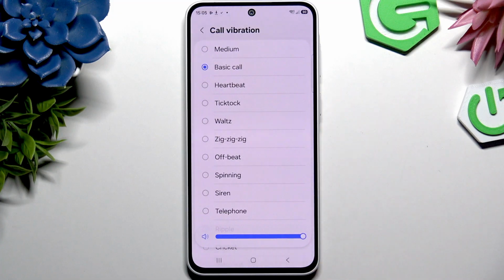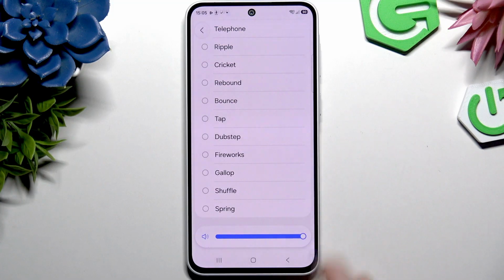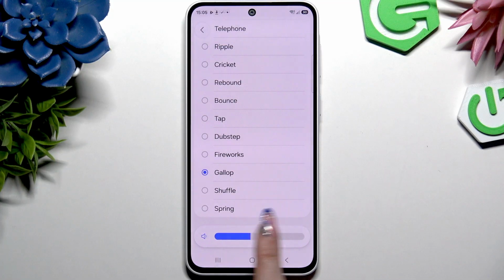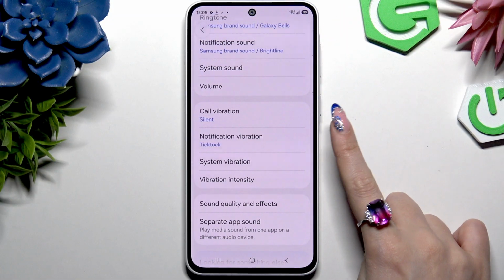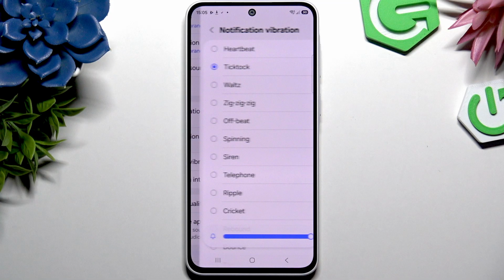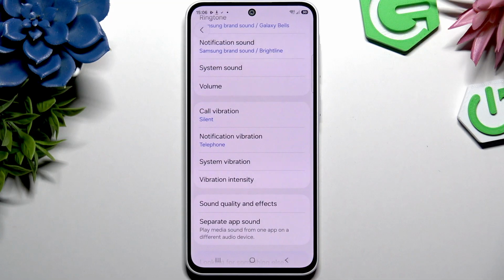In both of them, you will find those patterns. Slider, thanks to which you can adjust haptics intensity. And silent option. So adjust vibrations for your incoming calls and incoming notifications however you wish, and when you're done,